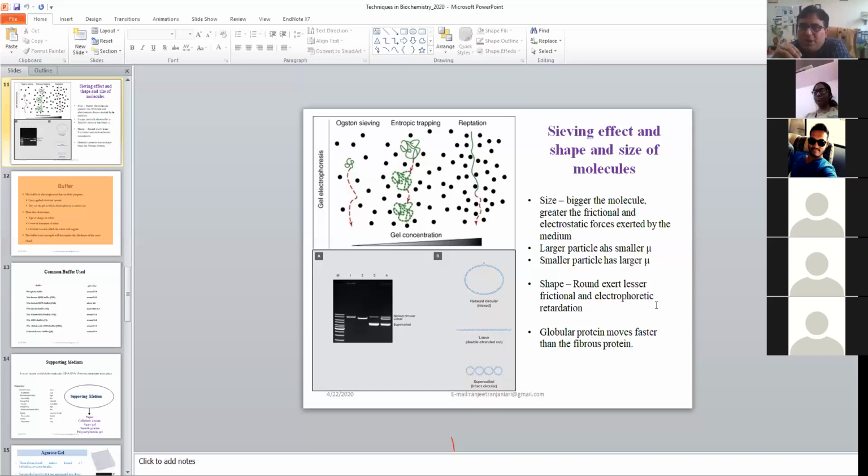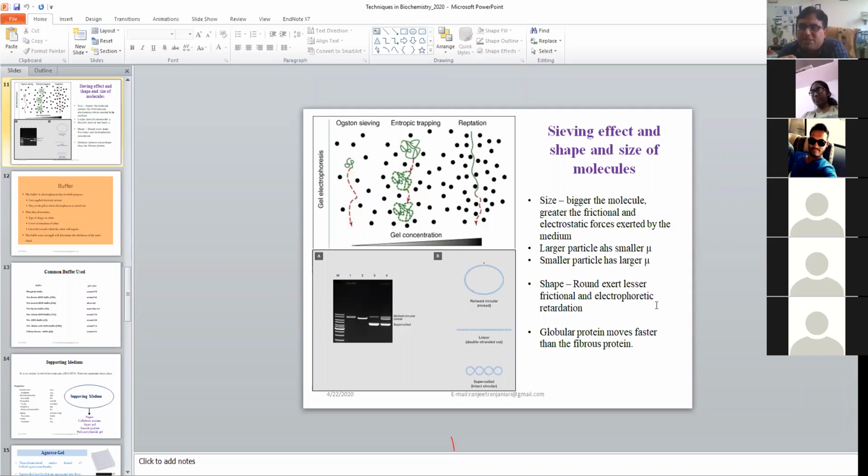And during this movement, most of the time the structure will unfold or unwind. Because of this unfolding or unwinding, when you see the band on the gel, it will take a typical size or typical shape of a band, and the resolution will be very high. Here the sieving effect is medium, and this movement takes place at the bottom of the gel.